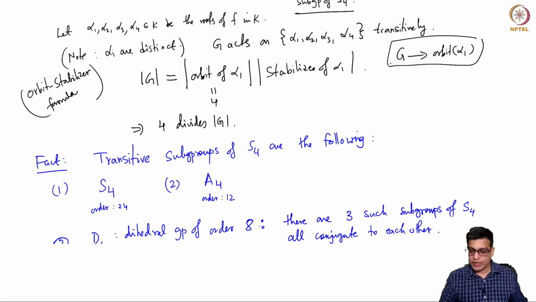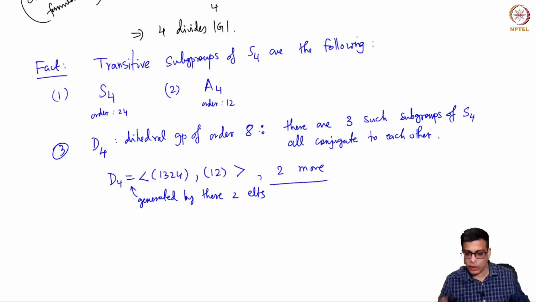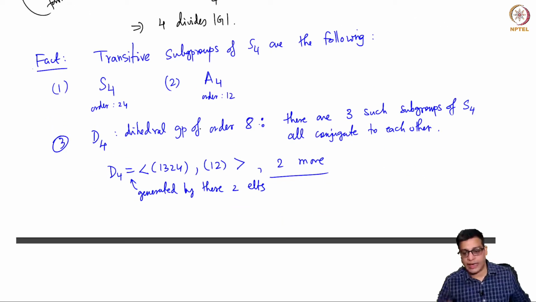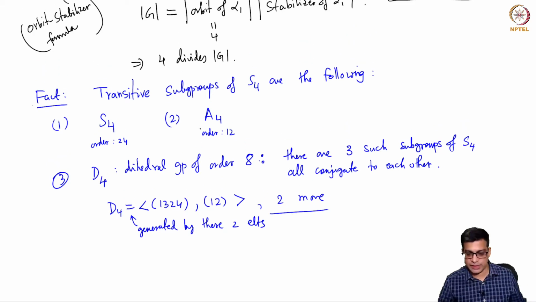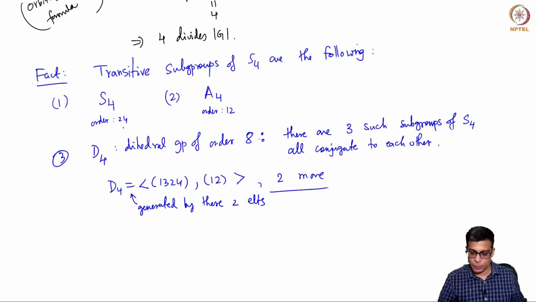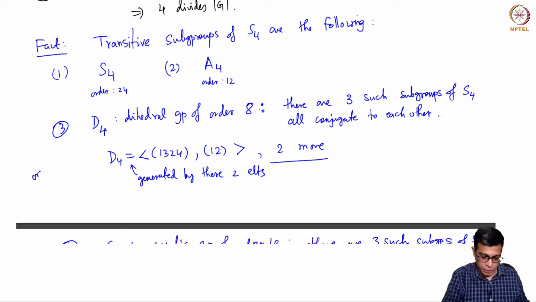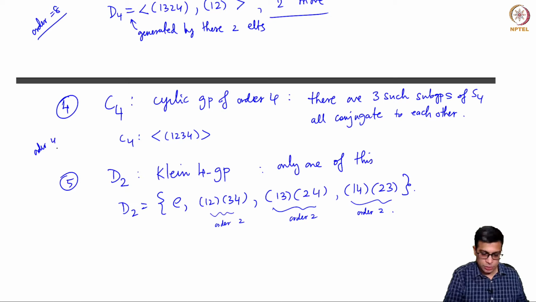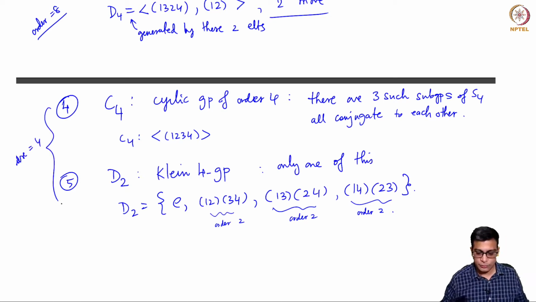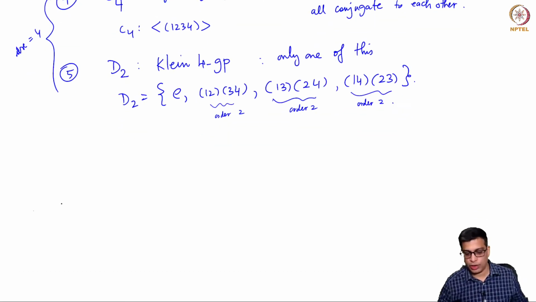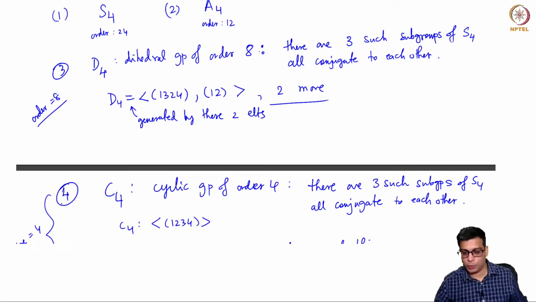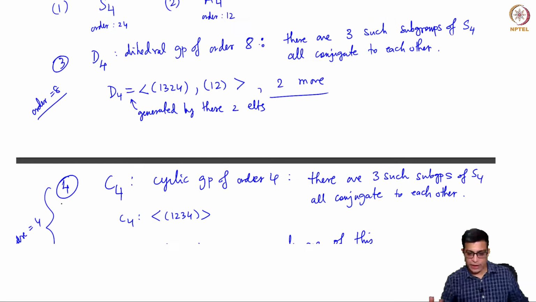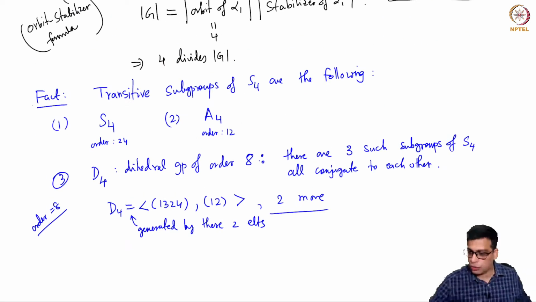So this observation tells me that the only possible orders of a transitive subgroup of S4 are those whose order is divisible by 4. So 24 is one possibility, 12 is another possibility, 8 is one possibility, and order 4 is the final possibility. And you have cyclic group of order 4 or Klein 4 group. So as I said, I am not going to prove this, I am going to assume this, and further I want to separate out